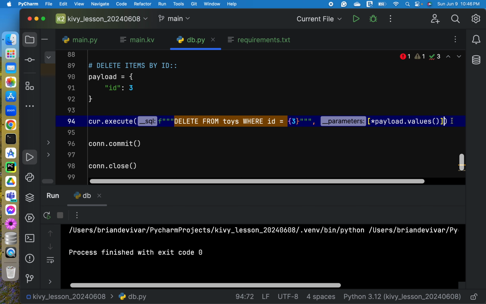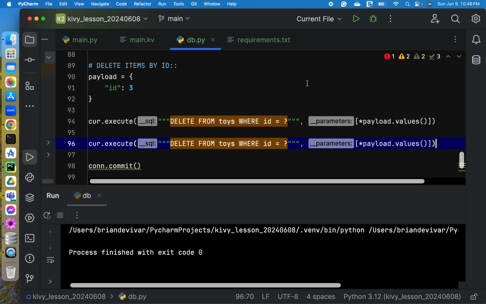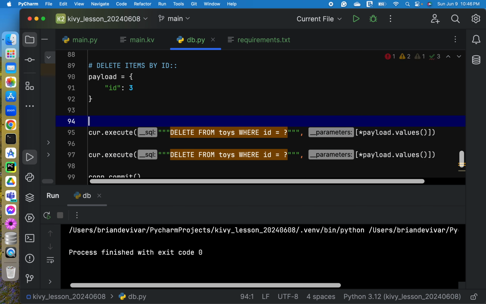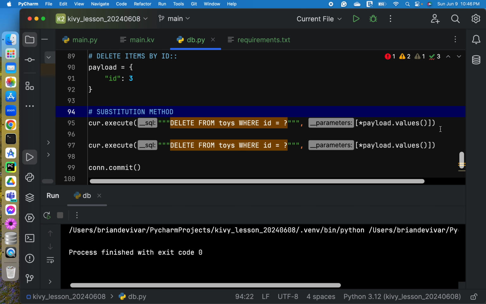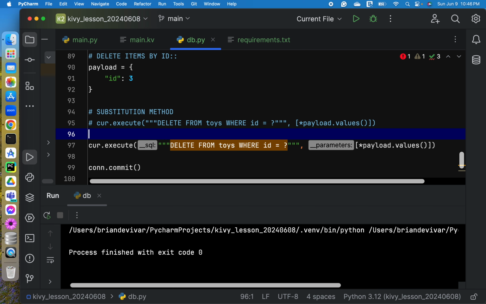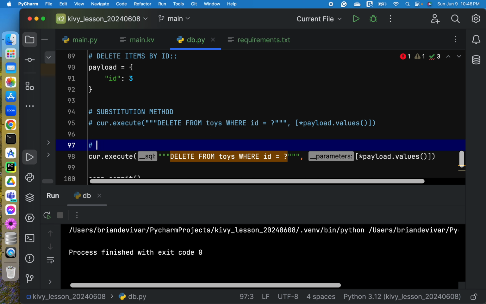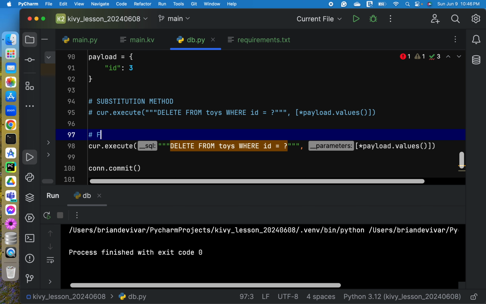Let me put this in another line. So this is via the substitution method, and this one is using the format.